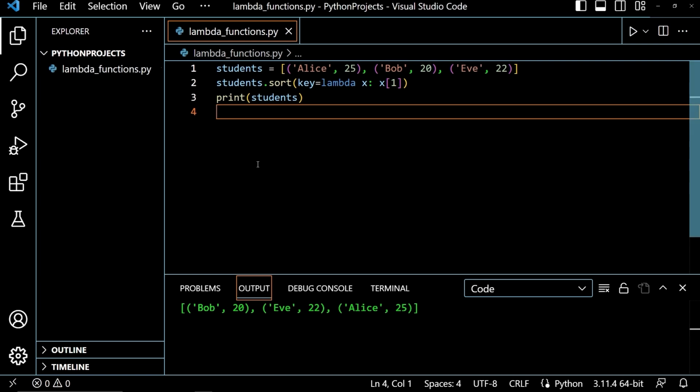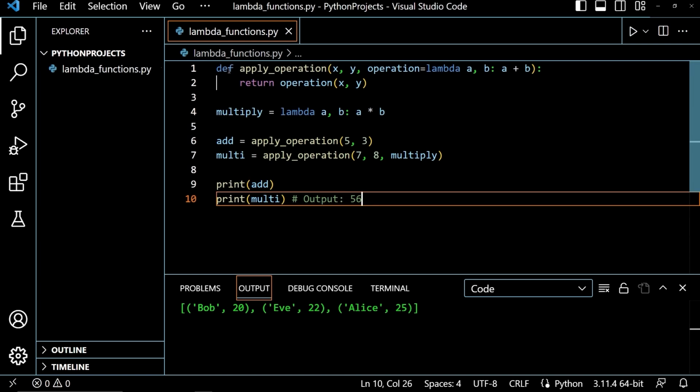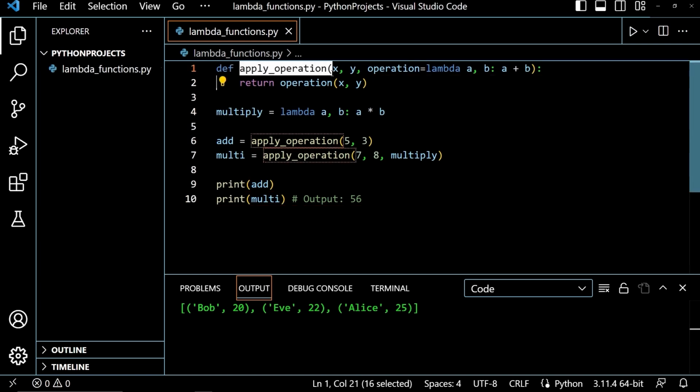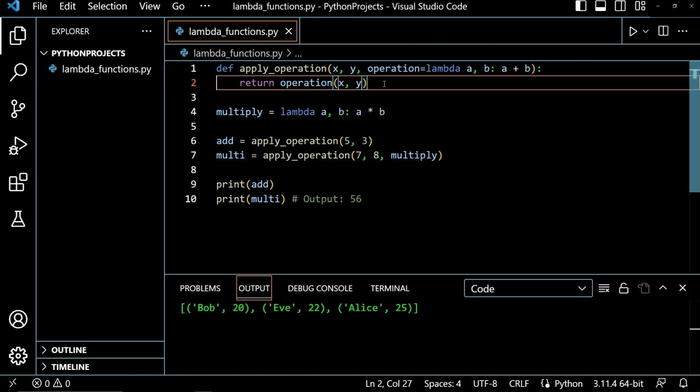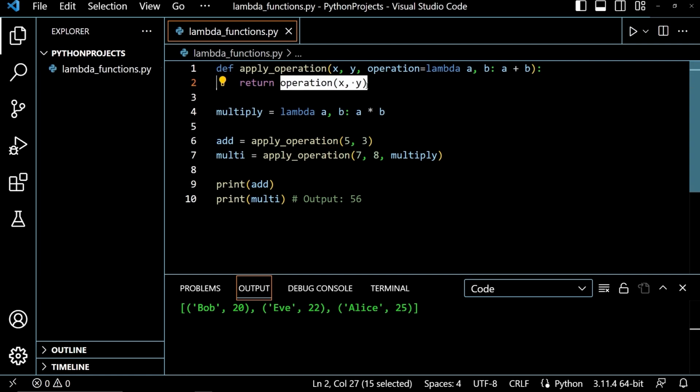We can even pass lambda functions in as arguments to other functions. So here I have defined a function apply_operation that takes 3 arguments, x, y, and an optional argument operation, which defaults to a lambda function. And this lambda function takes 2 arguments and adds them together. And the return from the apply_operation function is going to return the value that is returned from the lambda function. So here we are calling the lambda function and passing in the values that we have for x and